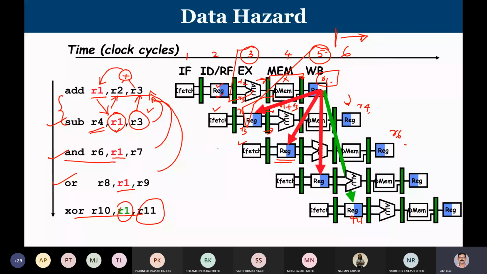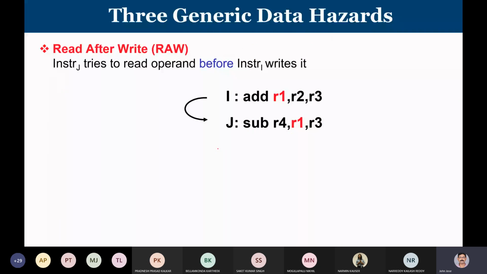So there are 3 generic data hazards. The first one is known as read after write hazard, which is also known as a RAW hazard. Consider 2 instructions I and J that are given. Instruction I is going to be add R1, R2, R3, and instruction J is going to be sub R4, R1, R3, and there exists the R1 where I'm going to write the result, and here I'm going